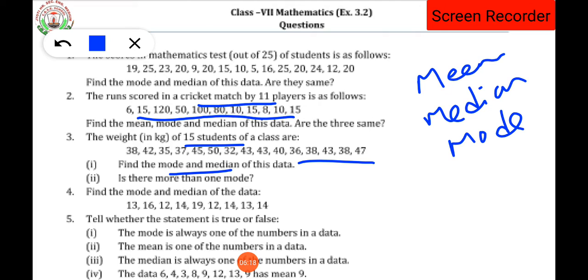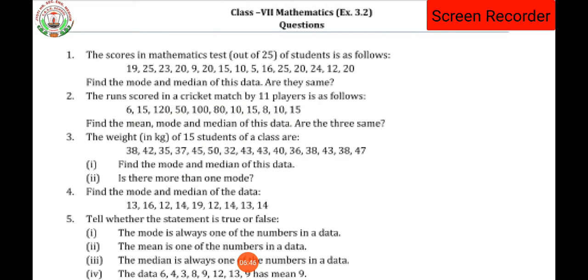That means a number repeating, the highest occurrence of a number, is said to be a mode, isn't it? So generally we see one mode in the data, but sometimes what happens, suppose we consider data where 43 occurs 4 times, and then 45 again occurs 4 times, so there are 2 modes. The rest are not appearing more than that.